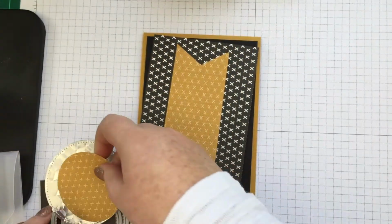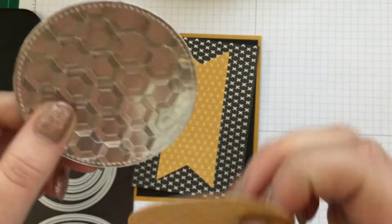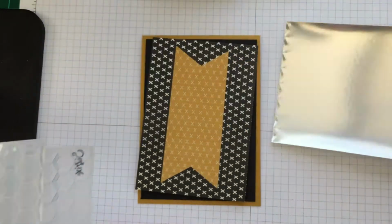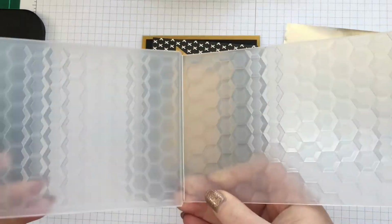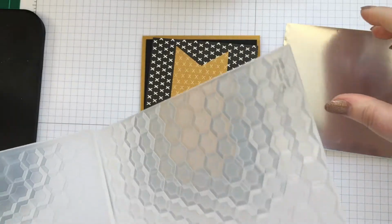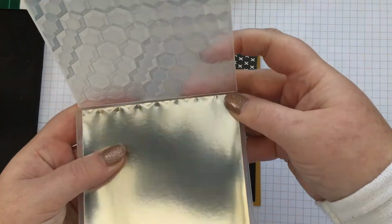Hope you can see. Okay, so how did I make that hexagon 3D effect on that silver foil? How fab is that? Let me show you. Here's what the silver foil normally looks like. Card on one side and the silver foil on the other, and this is a fabulous new embossing folder. They're called dynamic embossing folders. They really give a great 3D effect, as you saw. But let's just say, we put the silver foil in between the embossing folder,